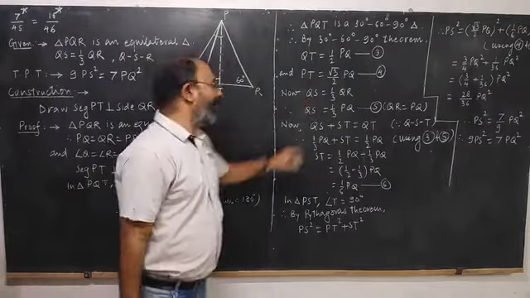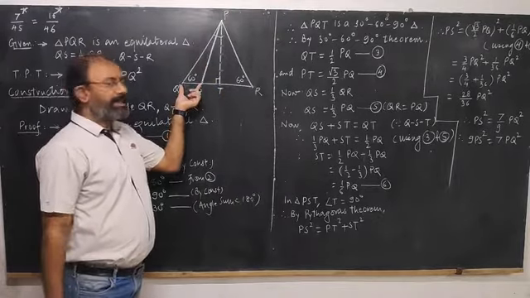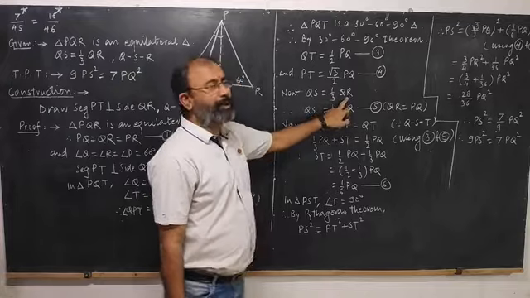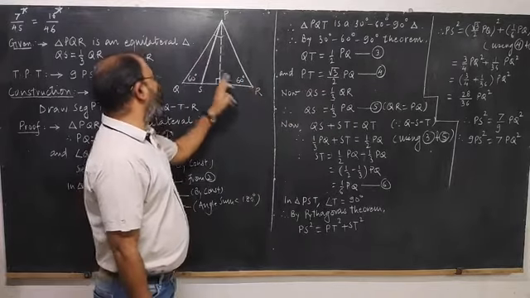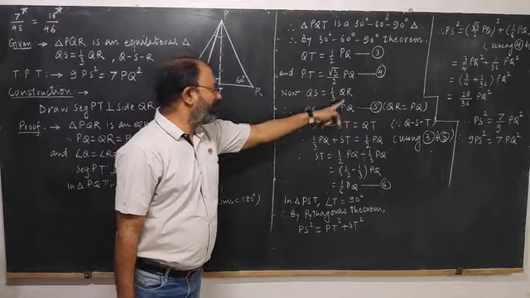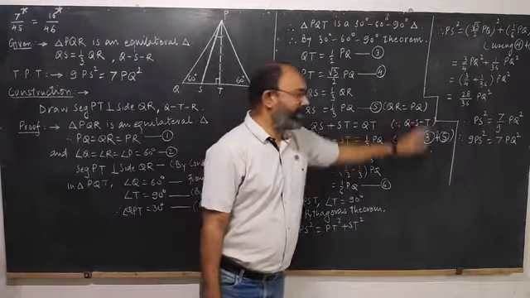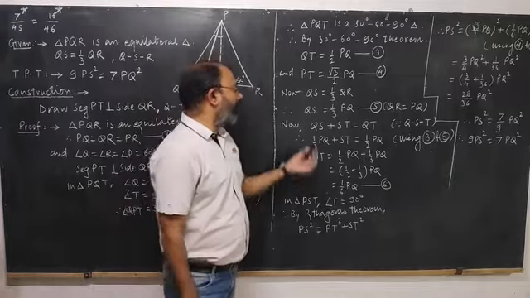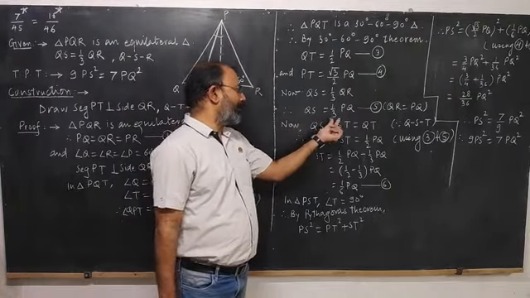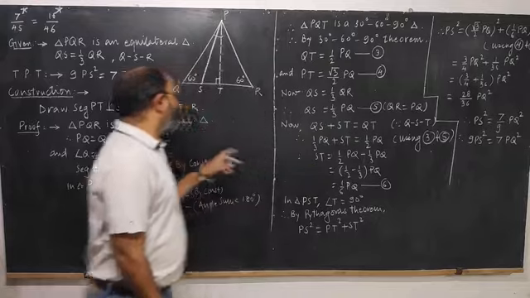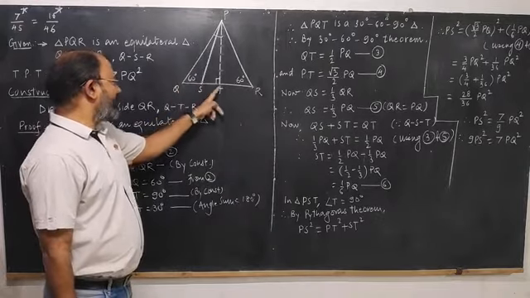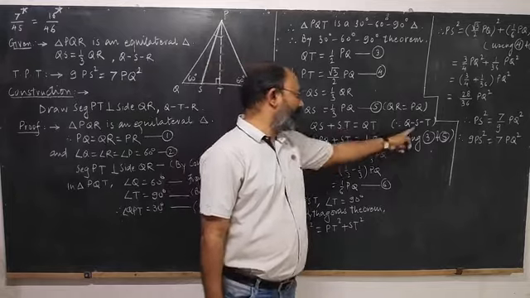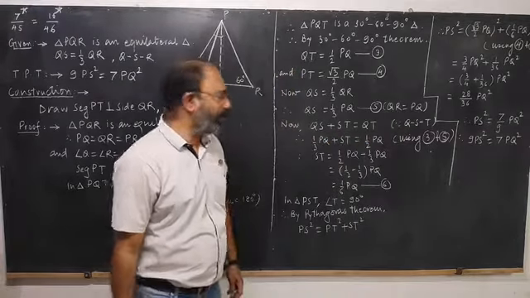Now we are given that QS is 1/3 of QR, but we know that QR and PQ are equal in length. Here we have written QR and PQ are equal, because these are the sides of an equilateral triangle. So now we have got QS is equal to 1/3 of PQ. From the figure, QS plus ST is equal to QT. We have written this because point S lies between Q and T.